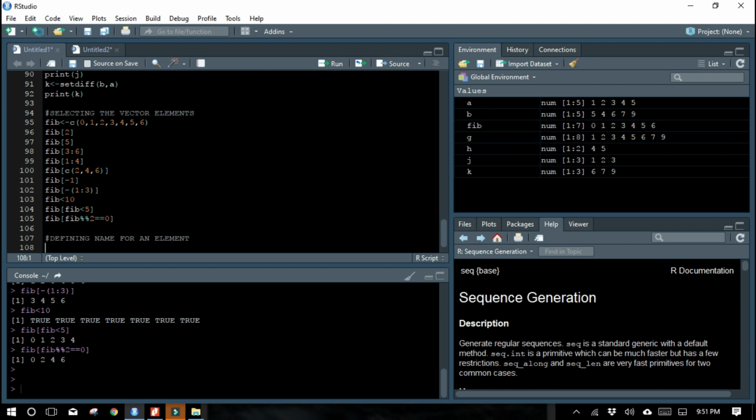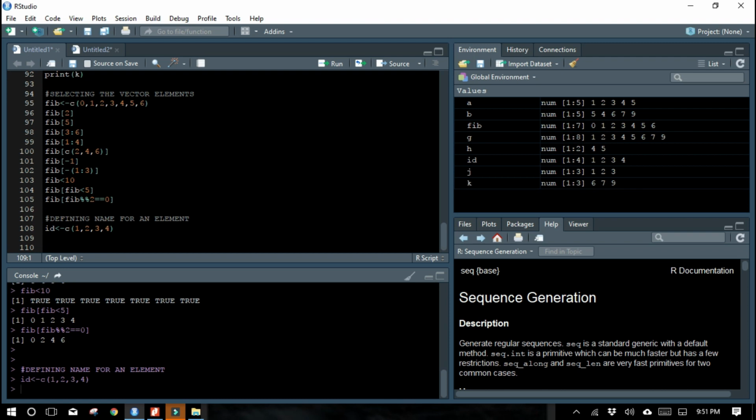In a class, if you have some ID numbers, those ID numbers are given to students. When they are called for presence or absence, that ID number will be called. So ID is c of 1, 2, 3, 4. Let me create some 4 IDs. Run this code.